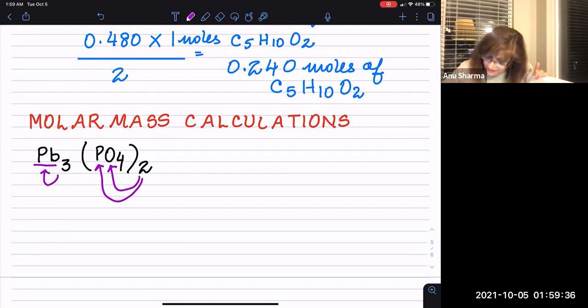So this means there are 3 moles of lead present in 1 mole of